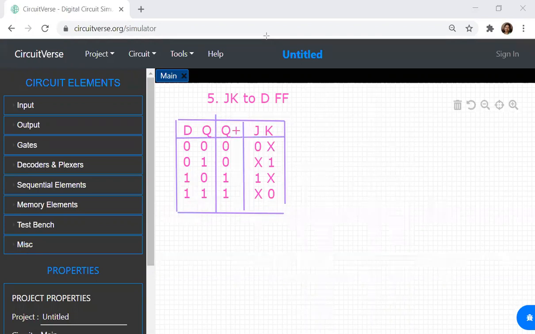Okay. Now, what do we have to do? We have to write the K-map to simplify for either J or K. Both you have to simplify. Now, I'll simplify for K. I'm writing the K-map for K. You have to solve it for J. I will give the solution for J. Now, K-map for K, if I've solved, again it is a two variable K-map. It is simple.